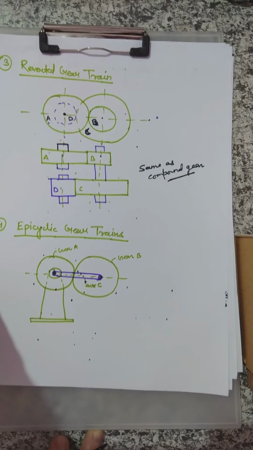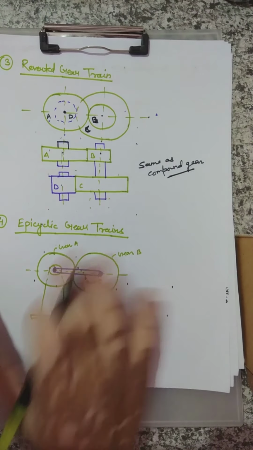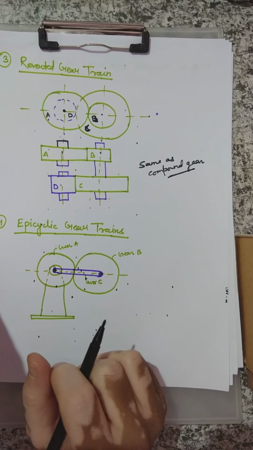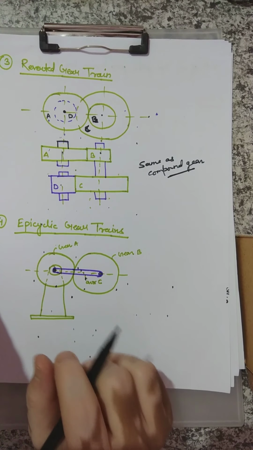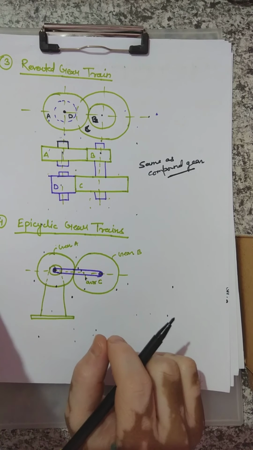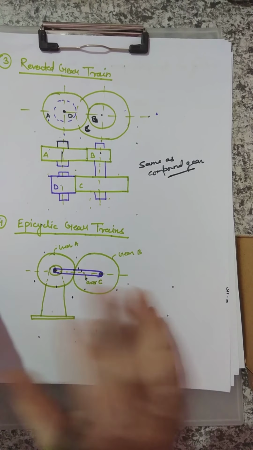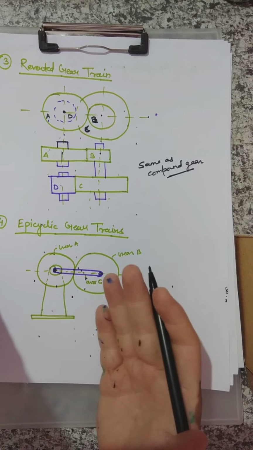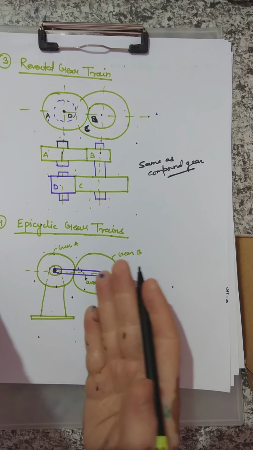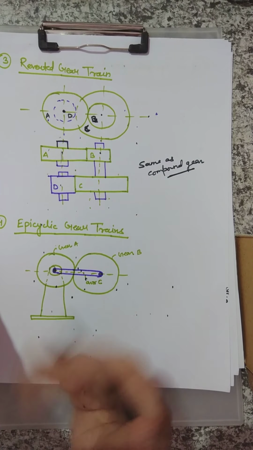Now the epicyclic gear train. This is the arrangement of an epicyclic gear train. In an epicyclic gear train, the axis of the shaft on which the gears are mounted may have relative motion between them. It may consist of a simple, compound, or mixed gear train. It is also sometimes known as sun and planet gear, in which different simple gears can be arranged, or compound gears, or any types of gear can be arranged.